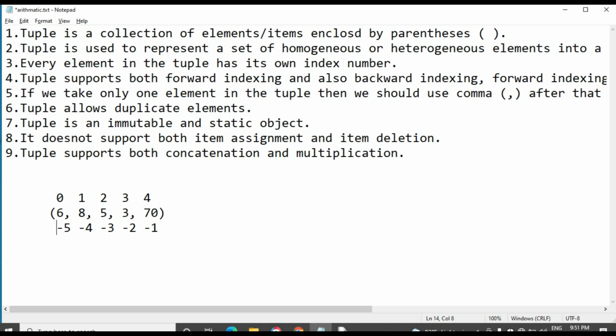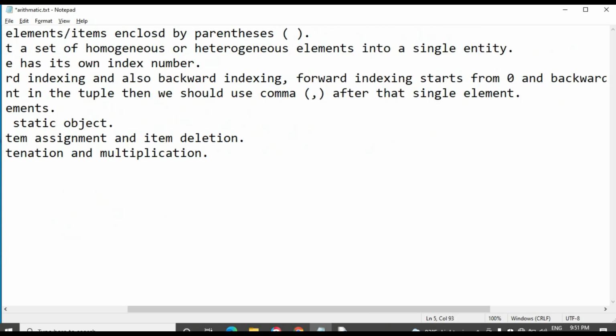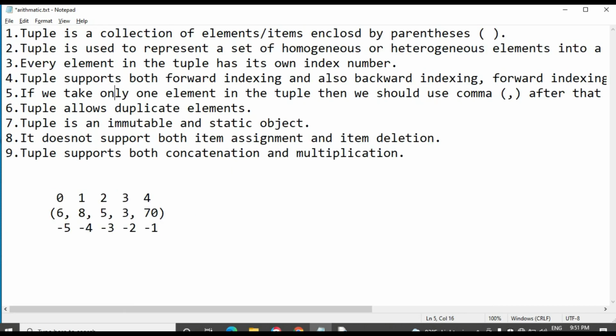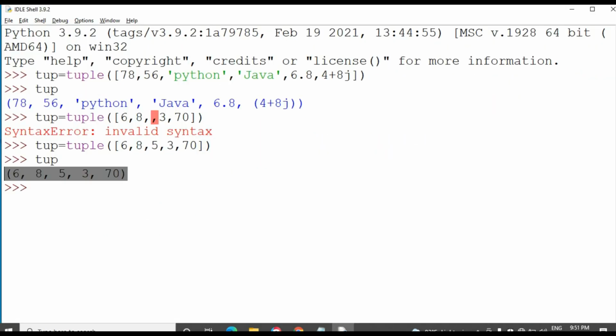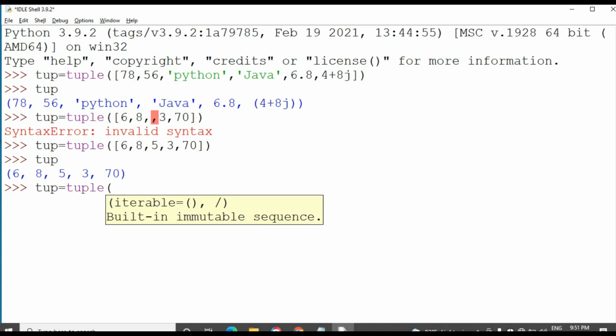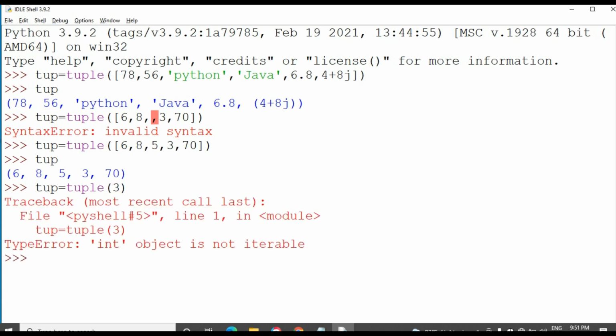Then the next one is, if we take only one element in the tuple, we should use a comma after that single element. Let's see. I want to create a tuple with a single element.